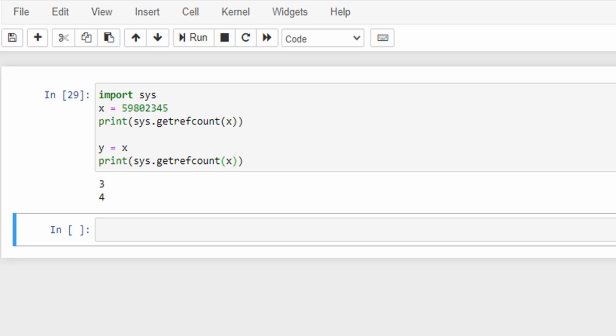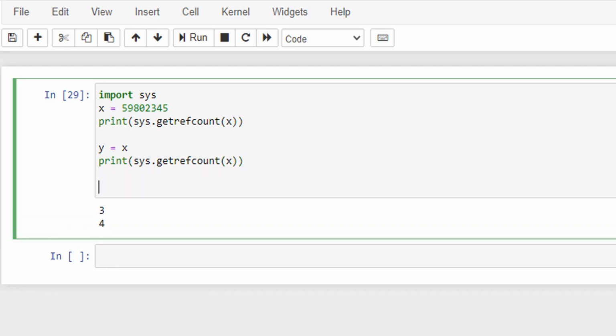That means you cannot change the value of the object to something else. You can try it though. Let me set some new value to the x. Do you think the value of the earlier object is changed? No. The earlier object is still the same. When you assigned a new value to x, you created a new integer object with a new value, and x started pointing to the new value. However, y is still pointing to the same old value. The reference count to the old object is now reduced.